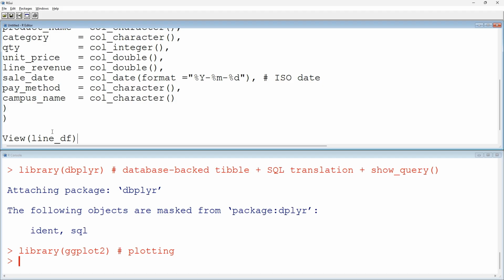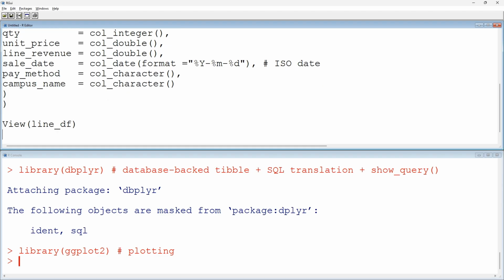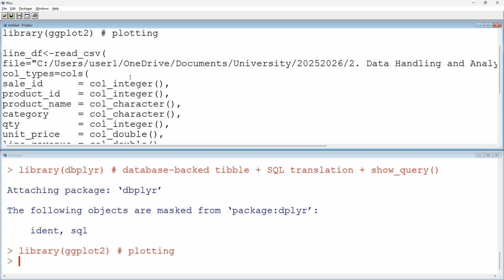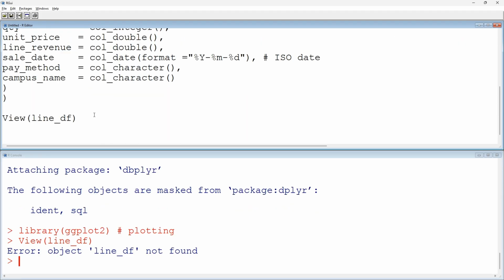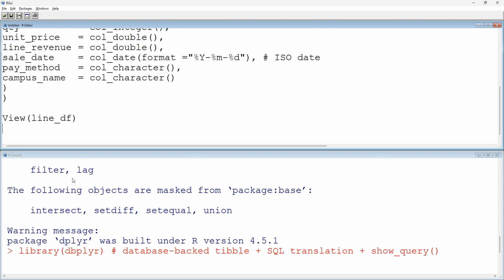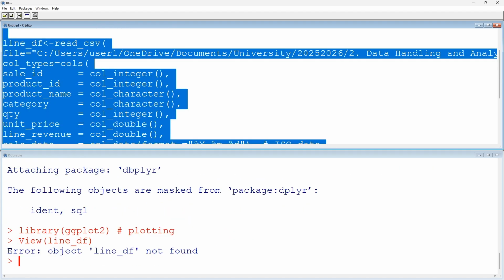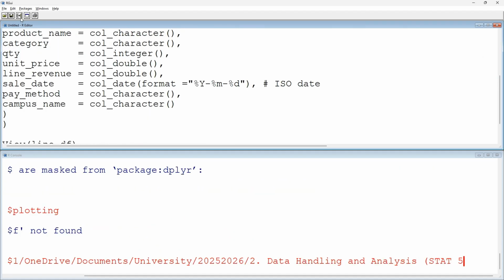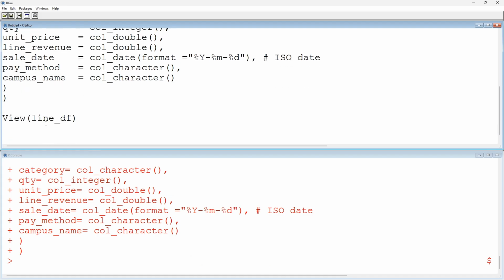Remember something, that this line_df is normally a data frame. Okay, it's a data frame, but a modern data frame that will be called a table, and this table will include in the columns the data type as well. It's a modern version. Sorry, let me run that library. Yes, I did not run this. Let me run this. Very good. You can view